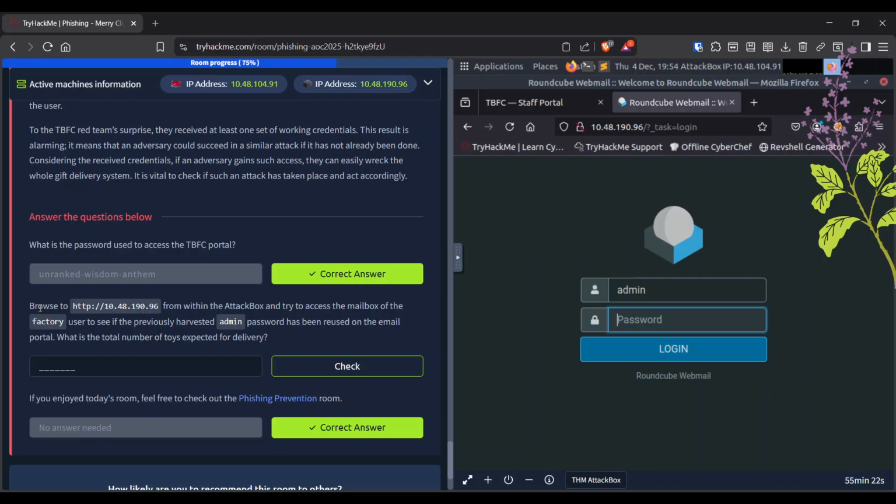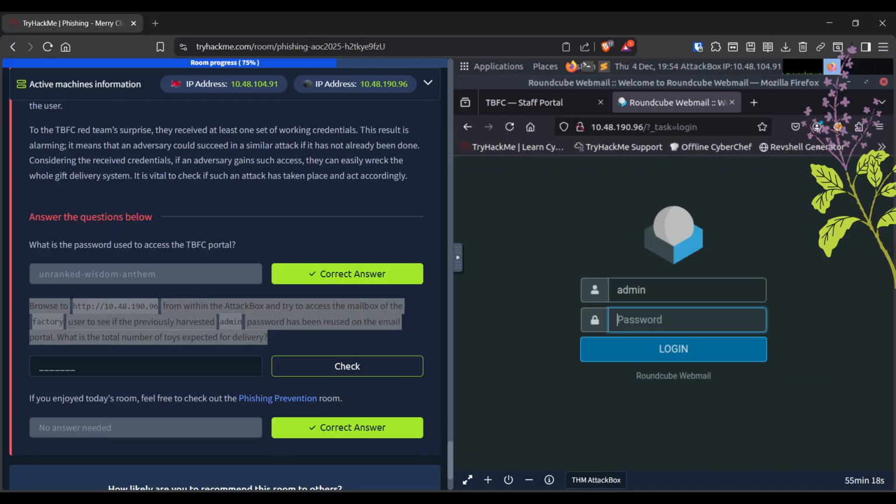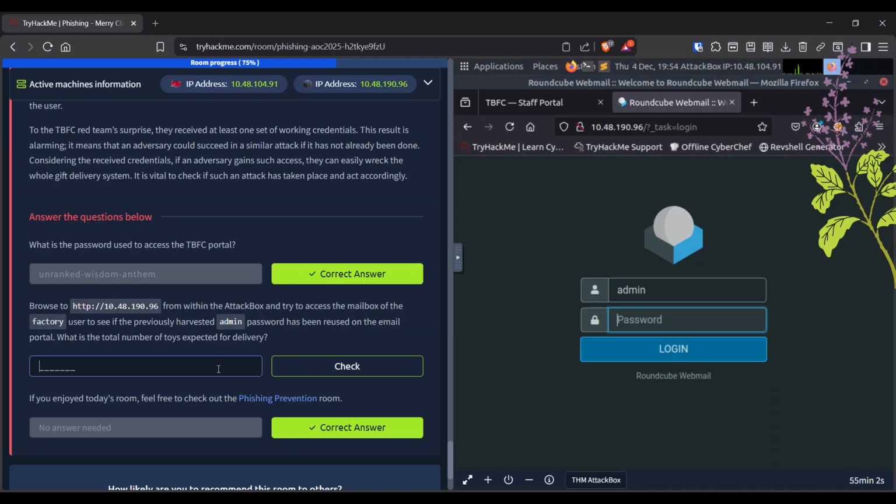Stop attacks. You already got the password earlier using the attack box. Now you want